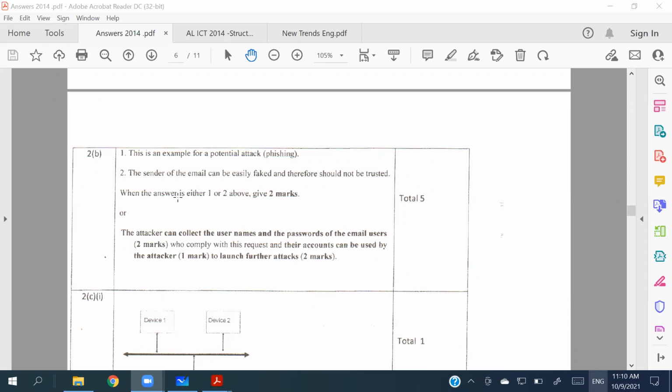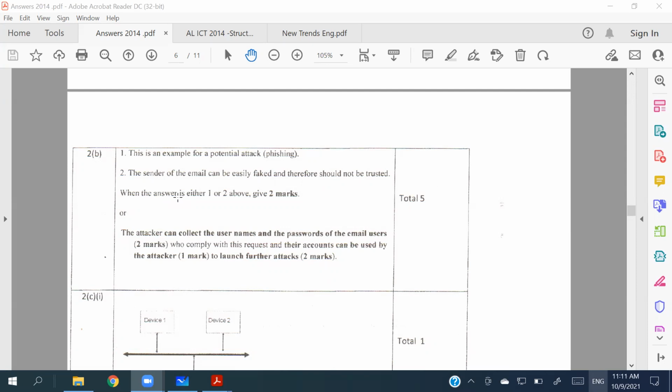Okay, email will be get hacked and all the sensitive information will get stolen. Only when you are writing that, you have to say there is a possibility. Not a certain answer, right? There is a possibility that the email will get hacked due to this, and all the sensitive information may get stolen, right? So we have to say what is the potential of this, right?